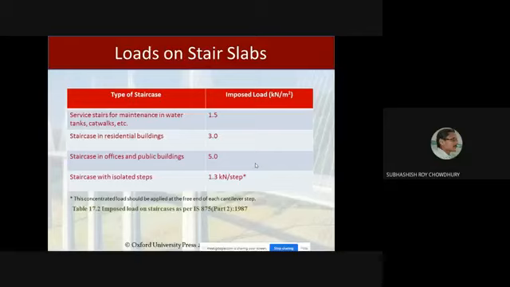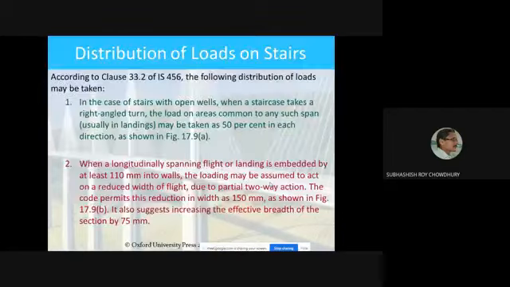Though in your project problem, we have not given the intensity of live load following this, because just to make a variation between the problems, we have considered different types of live loads. But you know that depending on the type or nature of the building, you will get the specific intensity of the live load from IS 875 part 2.